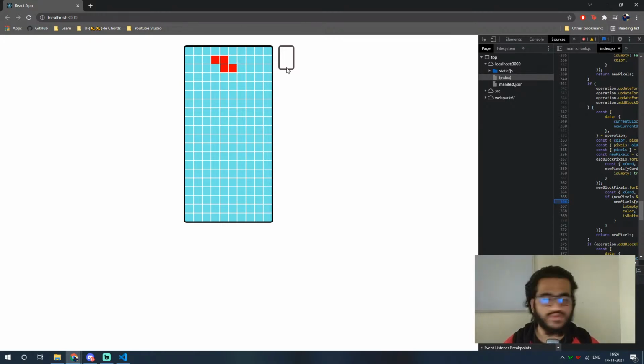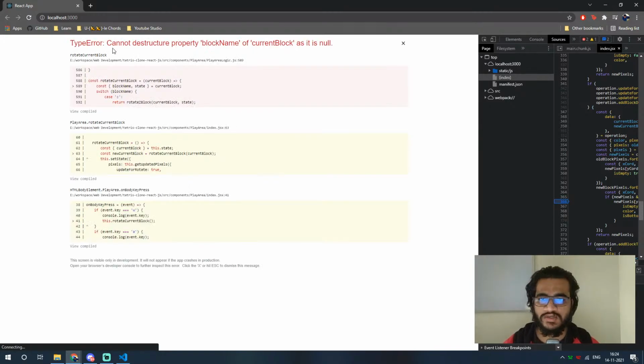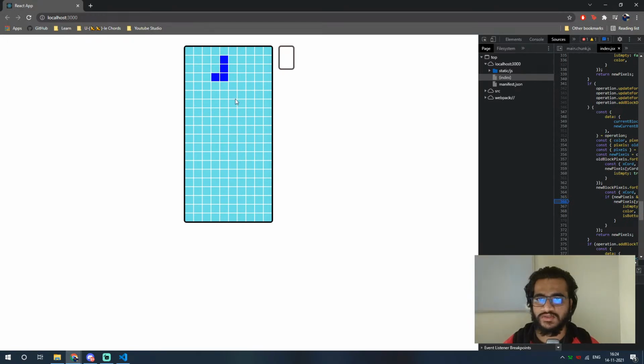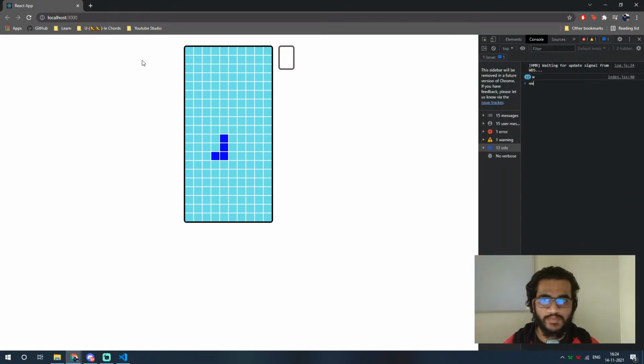First of all we worked on rendering the block, and then we worked on the rotation motion, which as you can see is applied